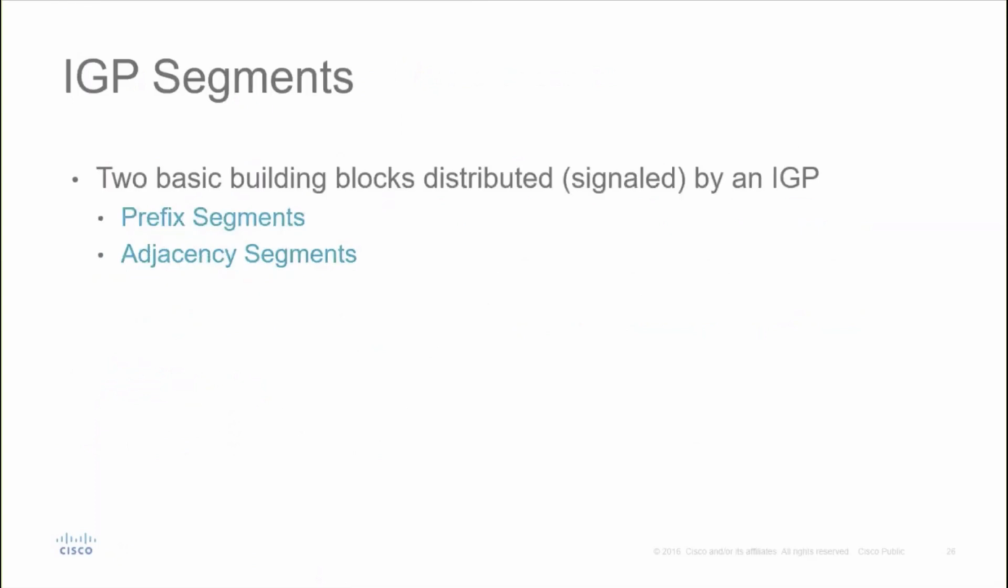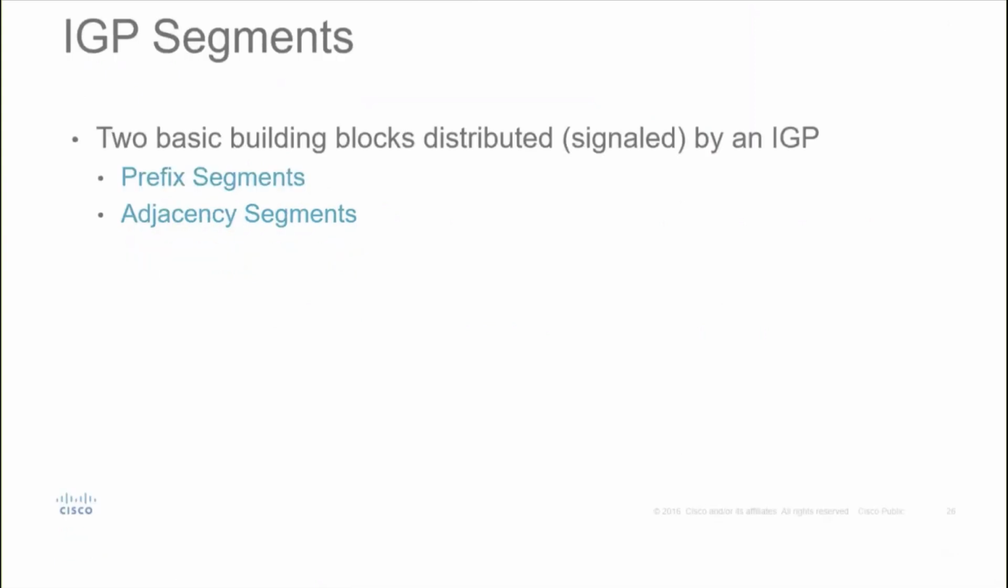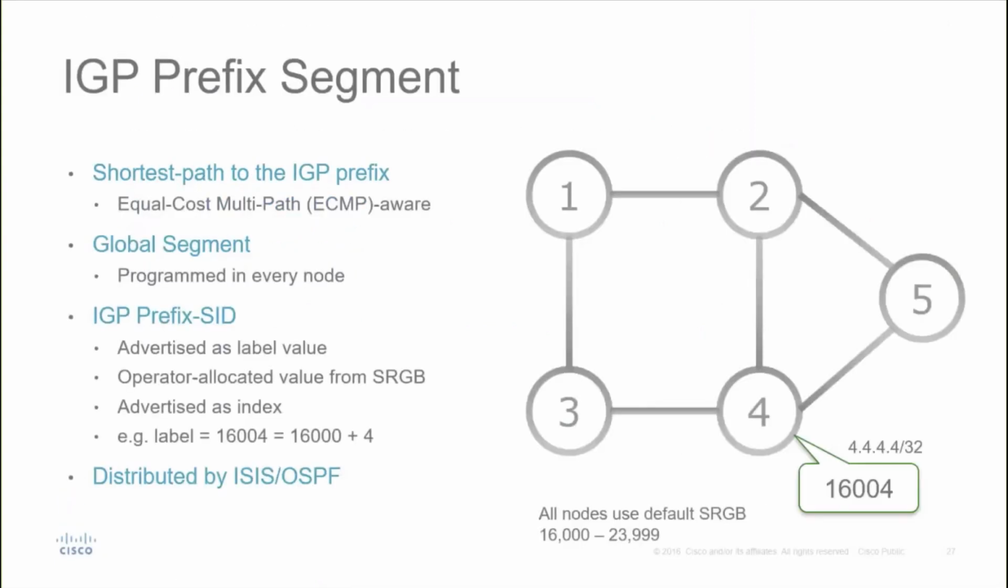So if we look at how these global or local segments are signaled in the control plane, then we have to start with the obvious one, which is the IGP. How and what type of semantics or segments are ISIS and OSPF able to signal? There are two types of segments signaled by the IGP. The fundamental ones are the prefix segments and the adjacency segments. The prefix segment is a segment that has the semantics of following the shortest